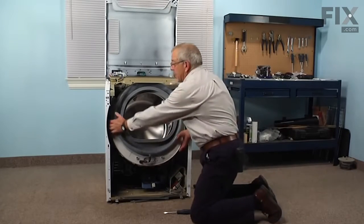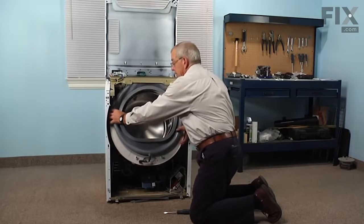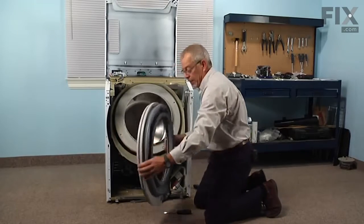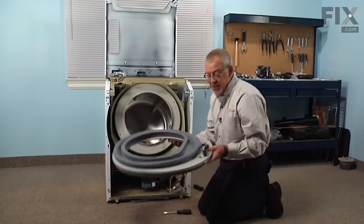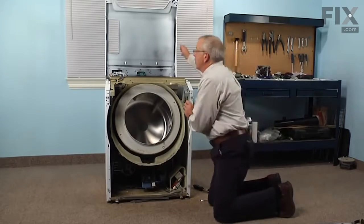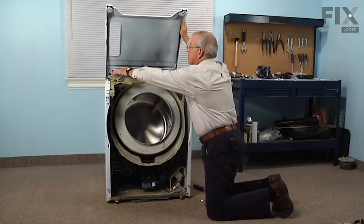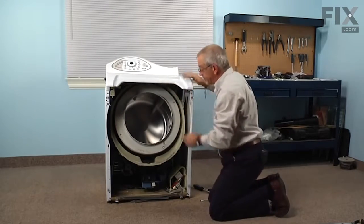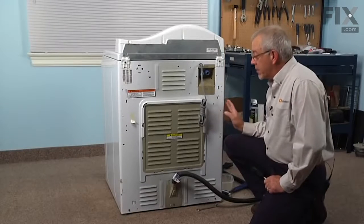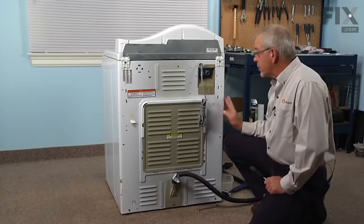Now we can lift the tub cover away from the outer tub, complete with the bellows attached to it, and we can set that aside. Now at this point, you can lower the main top to make sure that we don't damage that door lock assembly. Now that we've removed all the necessary parts from the front of the washer, we can move to the back